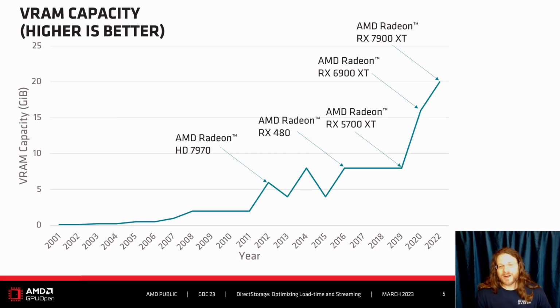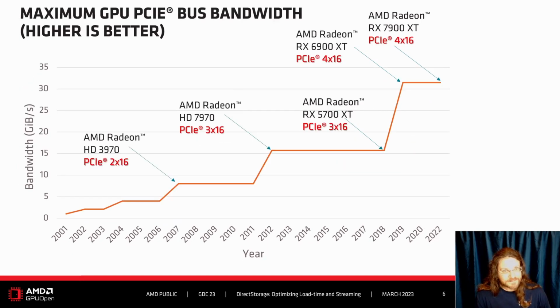So to talk a little bit about why we want a new API for this and to convince people that it's a good idea, let's have a little talk about things like VRAM capacity and the throughput of these devices over time. In this chart, we have VRAM capacity of various GPUs throughout the years, with the y-axis representing VRAM capacity in gigabytes. We can see that some modern GPUs support up to 20 gigabytes, and some of them even beyond that at this point in time. And in terms of maximum GPU bus bandwidth, we can see that there's a kind of linear increase over time.